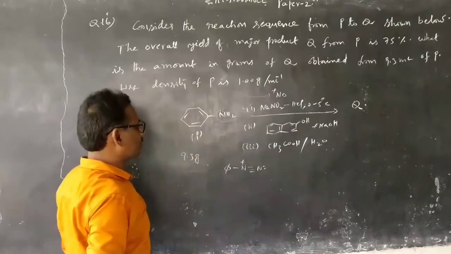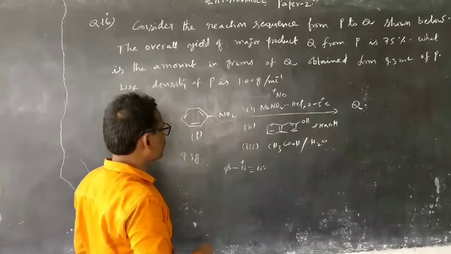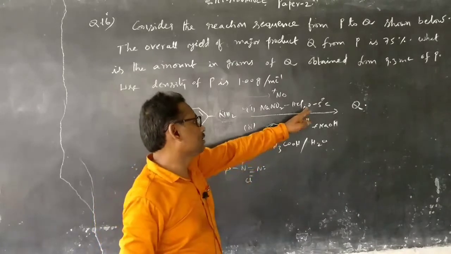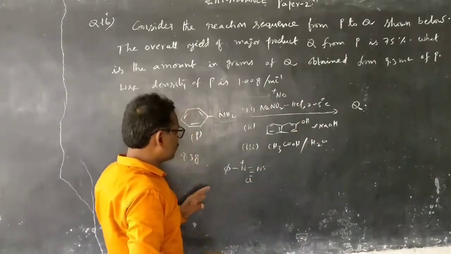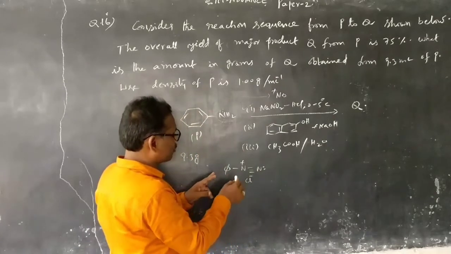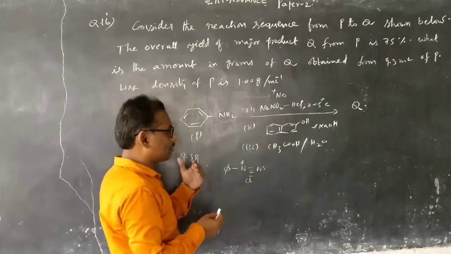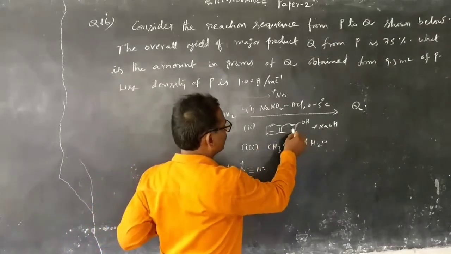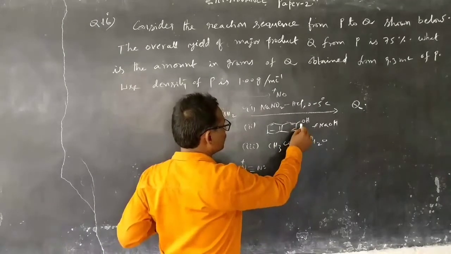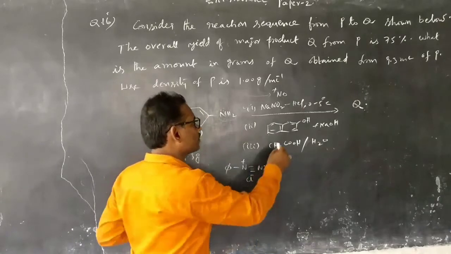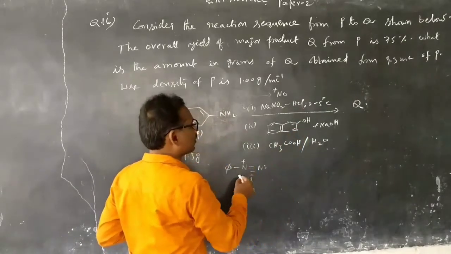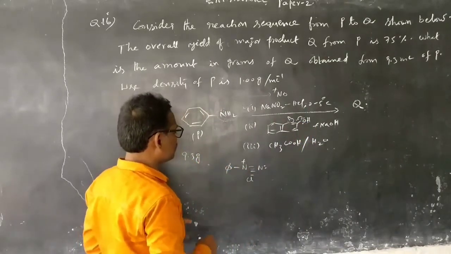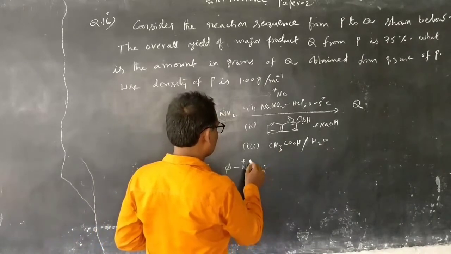This is benzene diazonium chloride, the compound formed, which is stable at the condition of 0 to 5 degrees Celsius. Now this behaves as an electrophile with electron-rich species, which behave as nucleophiles. For example, beta naphthol, a naphthol with OH at the beta position, is rich in electrons and interacts with this electrophile normally via the alpha position. Once the interaction takes place, the product is formed like this.